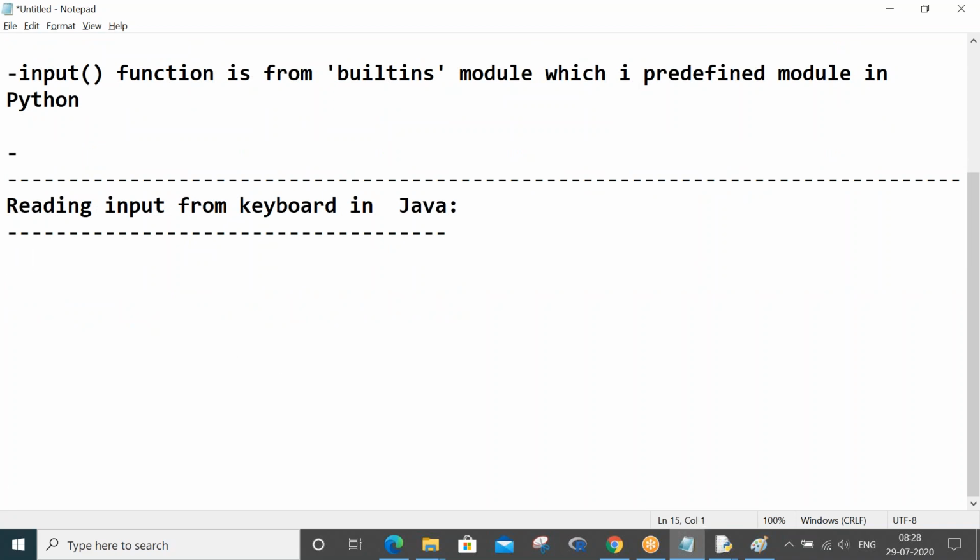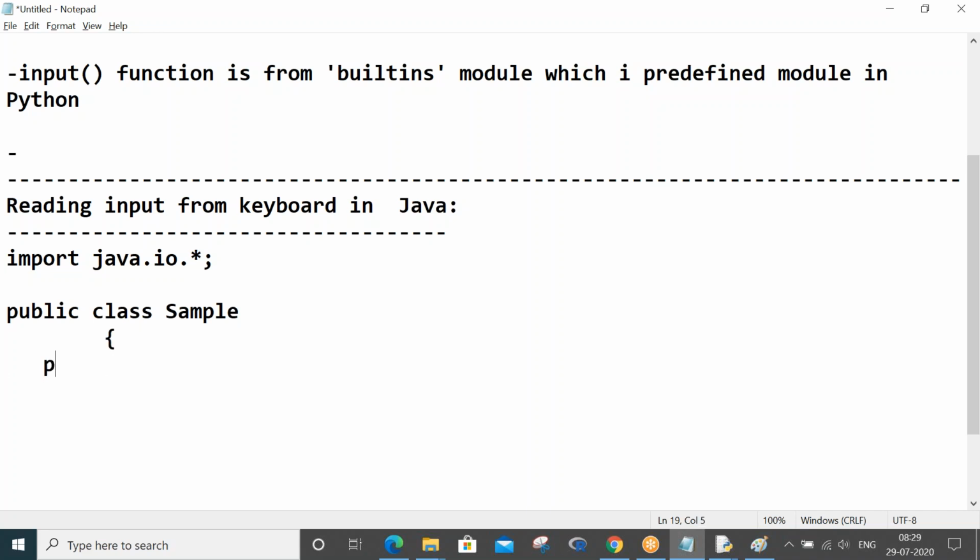See, you have to import a package in Java to read input from the keyboard. Import java.io.*. Star brings in all the classes and interfaces of the IO package. Now, public class Sample is what my program is. Open flower brace.